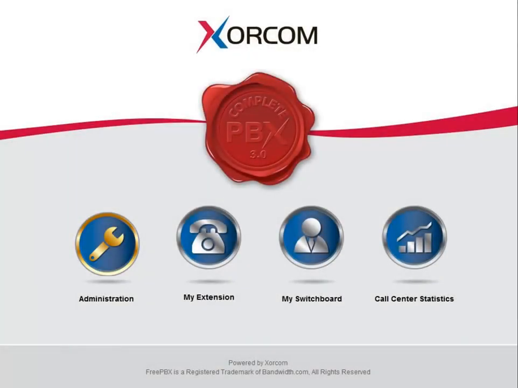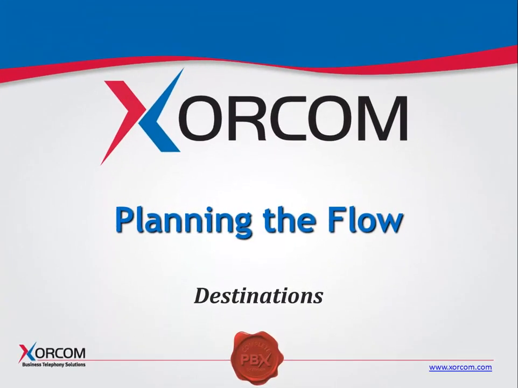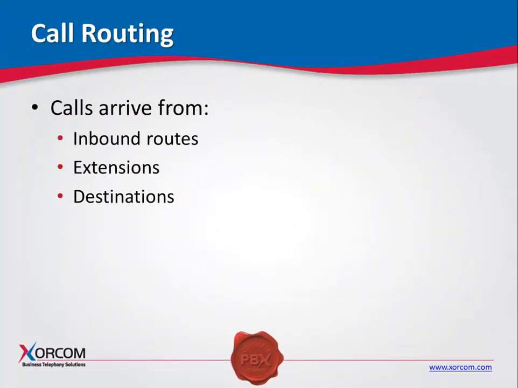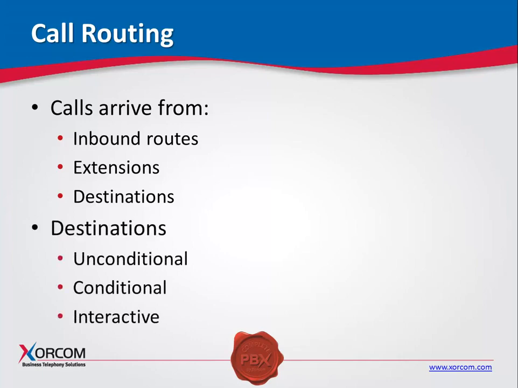Another important step in planning the call flow in CompletePBX involves setting up destinations. In CompletePBX, calls can arrive from various sources, such as inbound routes, that is, from external callers, other extensions in the system, that is, from internal callers, and other destinations. Destinations are one of three types: